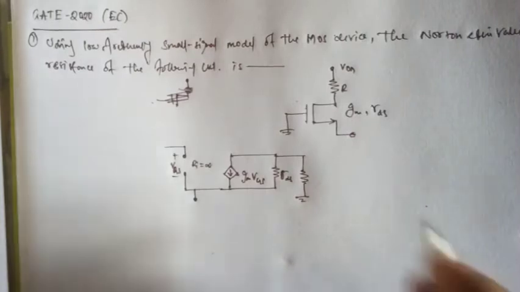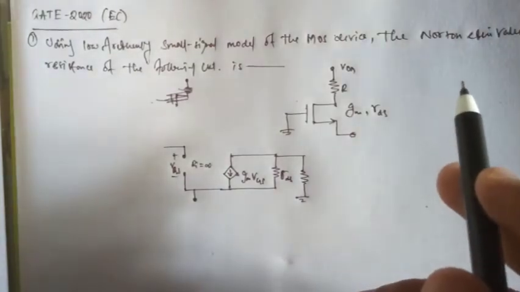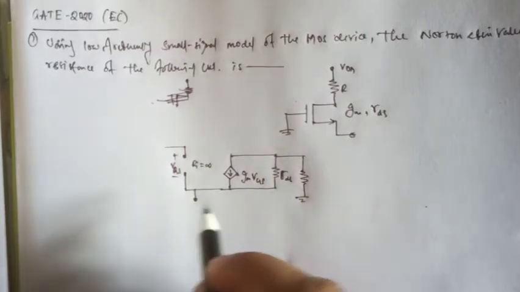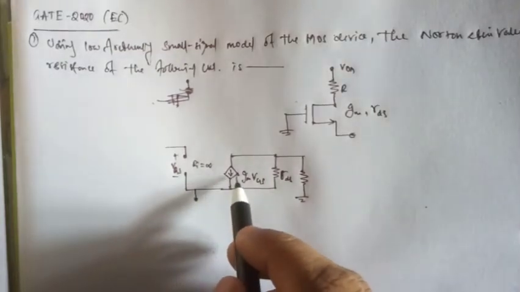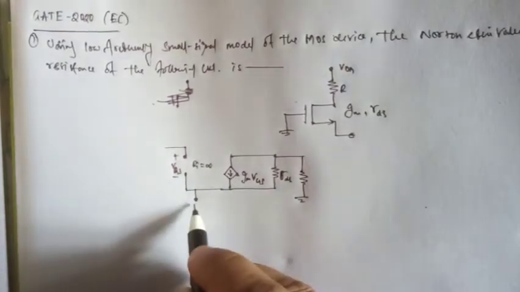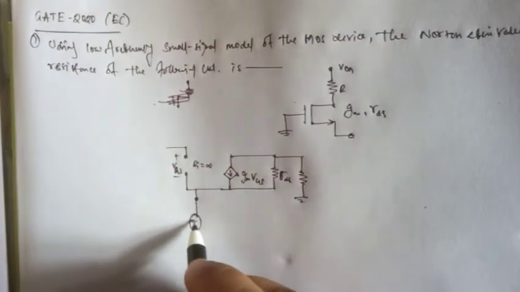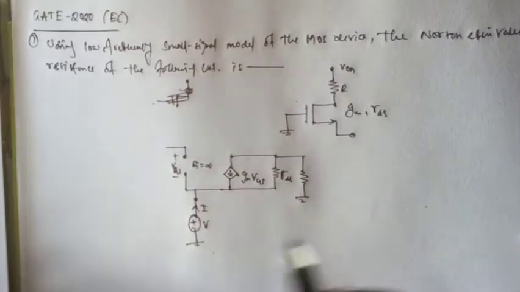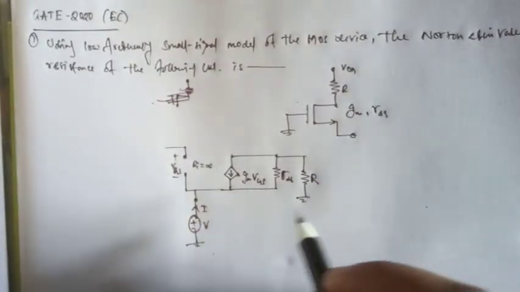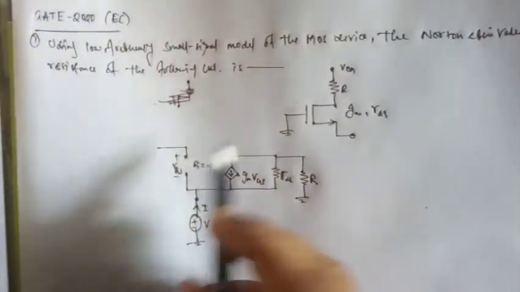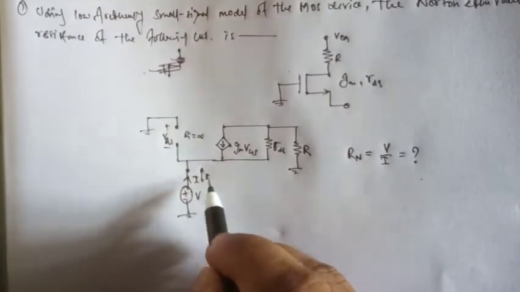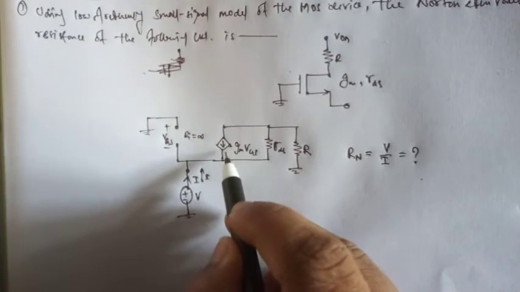For that, we know that for calculation of Norton equivalent resistance we have to use a dummy voltage and a current, because here an independent source is present. Therefore we apply a dummy voltage V, and for that dummy voltage a current I is flowing, and this is the R resistance. In the question, at the gate terminal current I flows in this direction, and the gm VGS current flows in this direction.